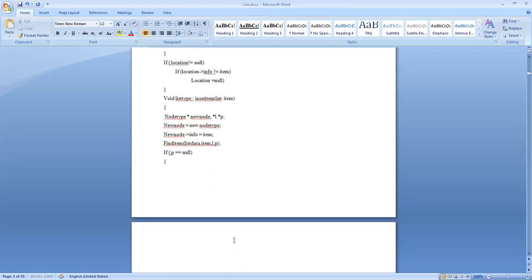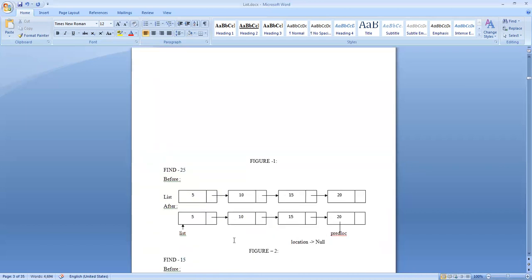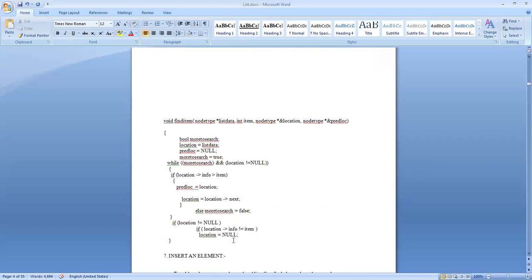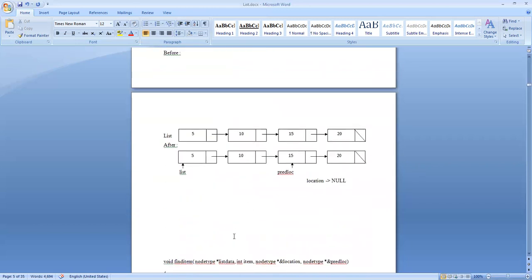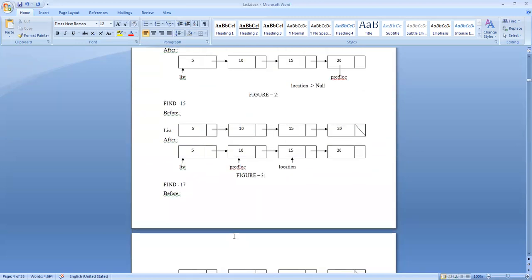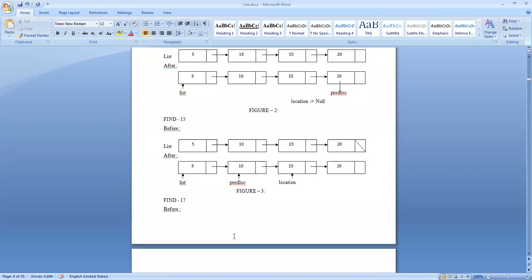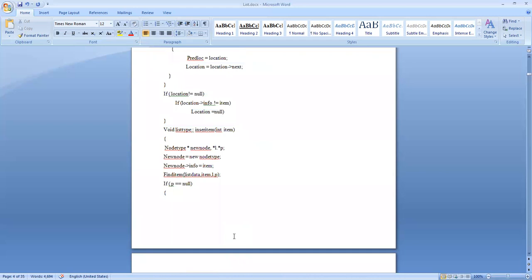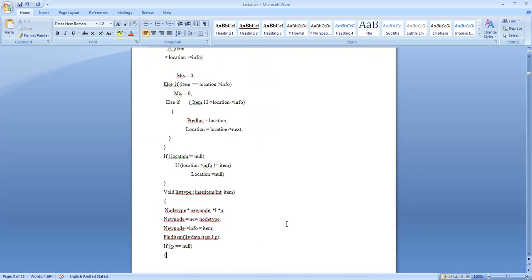Then see, I have drawn some pictures here. If P is equal to null, then it is going to be the least value.